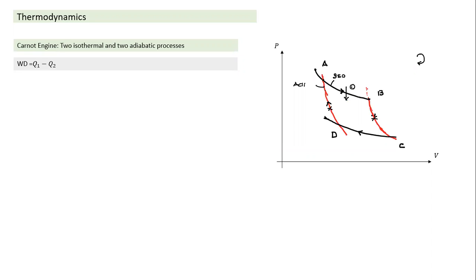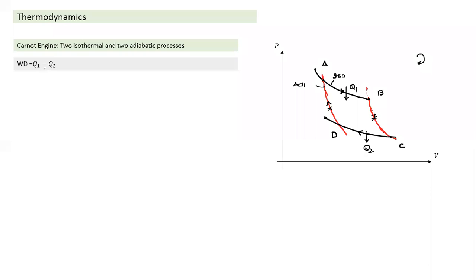Let me call the heat received Q1. And here the gas will reject heat, because if I start from this point with the C to D process, this is an adiabatic process, and this curve is going below the adiabatic curve. Hence, the heat will be taken away, a negative value. So two things are happening here. The gas is receiving heat, and here the gas is throwing away heat, which typically goes as waste. So you have to calculate work done. Work done will be equal to net heat transfer.